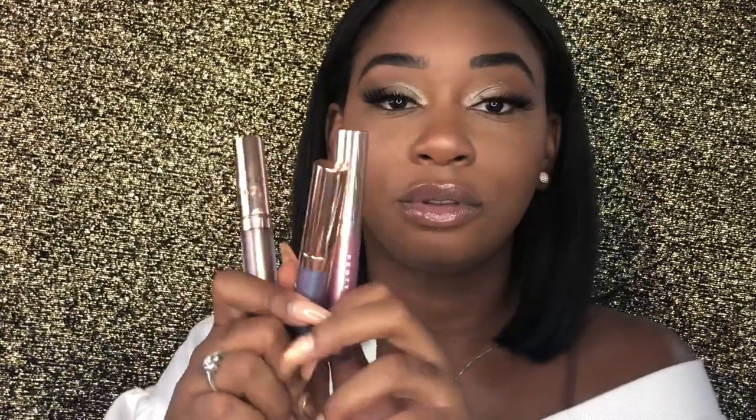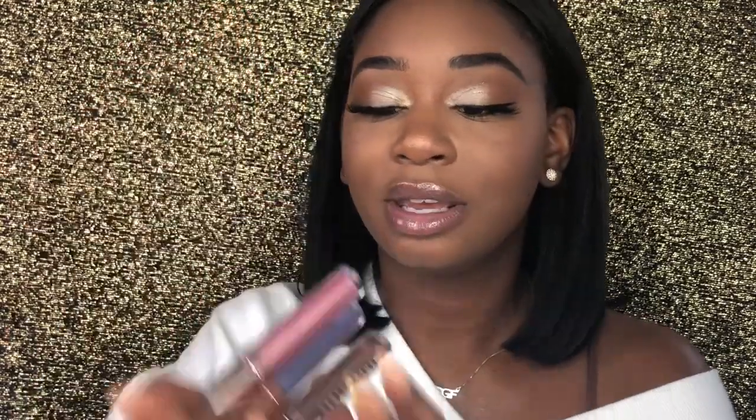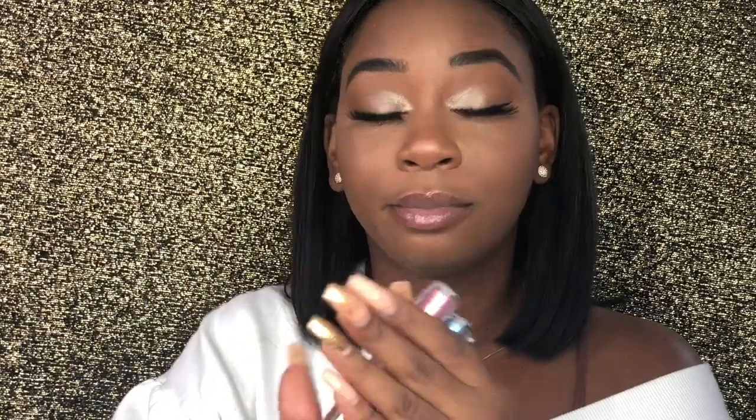And then what else do I have? I have the Fenty Beauty, what were these called? Summer Nights Lip Trio. I think this is the Summer Nights one. There were two, and this one was my favorite of the two. I love these shades. The colors are Vacre, which is a pinky gold shade, Mermaid Thighs, which is a blue toned shade,